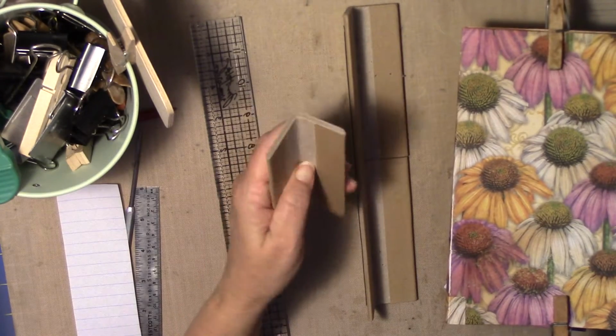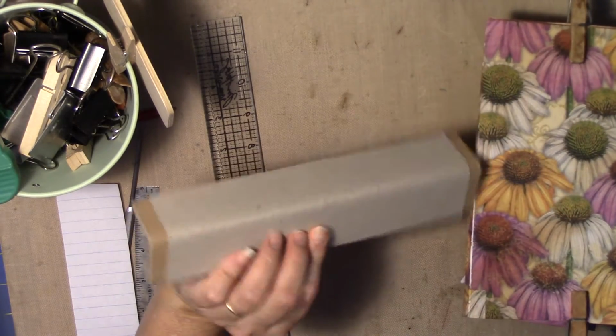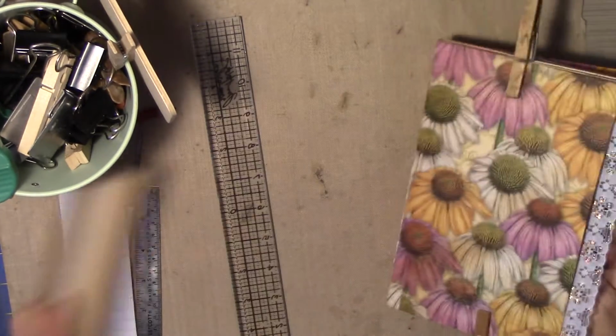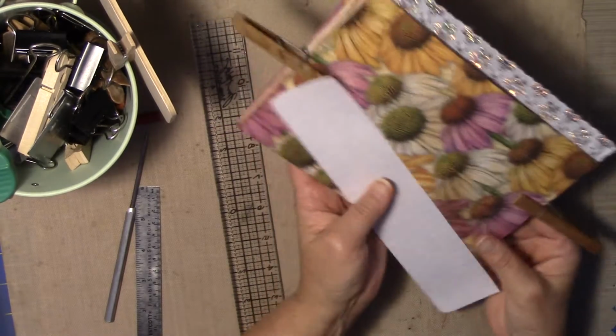Or something that Michael's has. They're pretty strong, and I just took a piece of cardboard and glued two of them together, and that's what I did. Okay, so first thing, now that you've got your signatures ready to go,